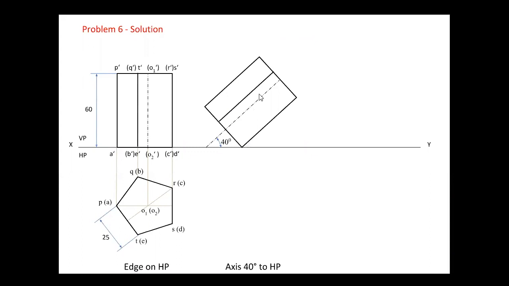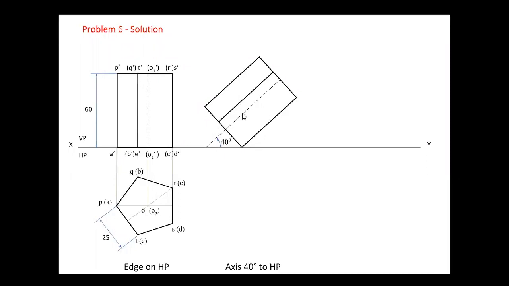Then this length from here to here is 60 mm. So from this point, I'm going to cut it to 60, from this point 60, from this point 60, and from this point 60. Close this rectangle in such a way that from this point I'm going to draw the angle